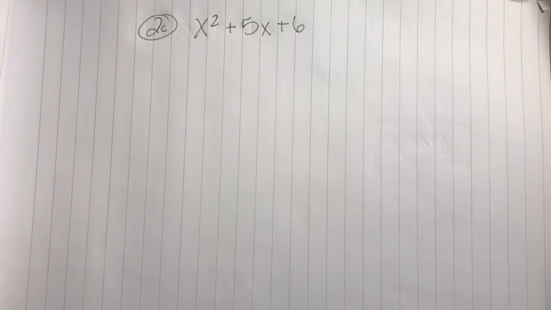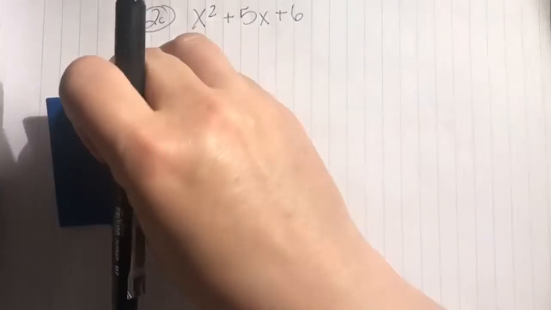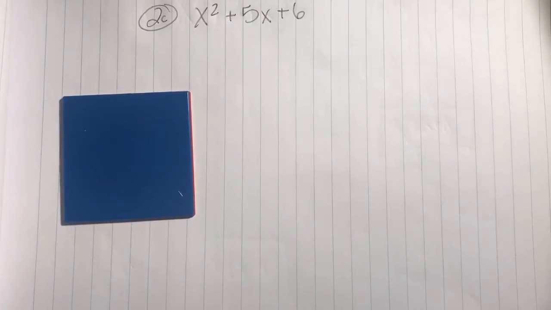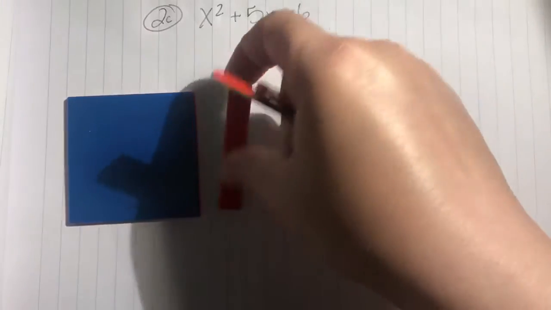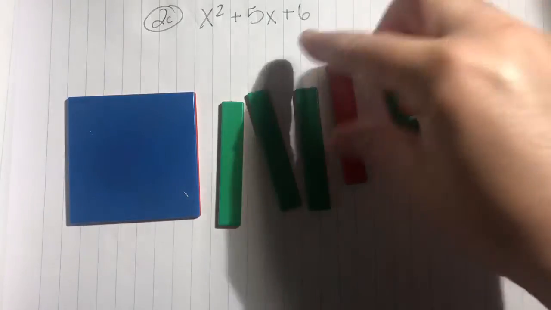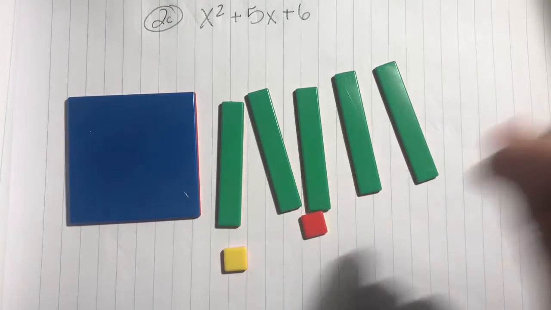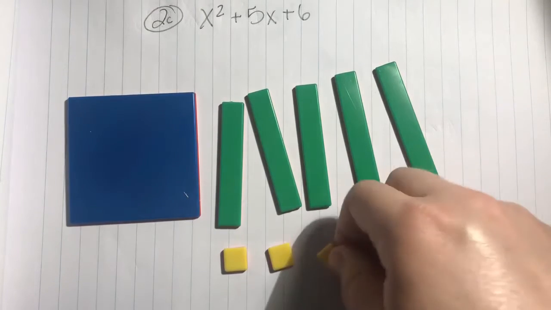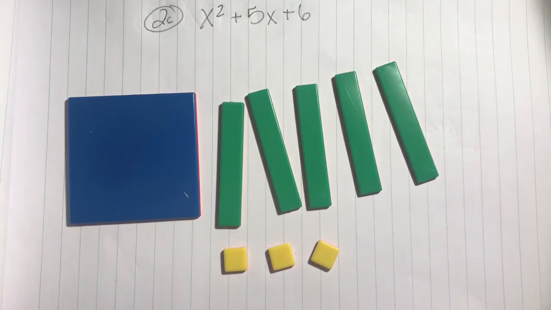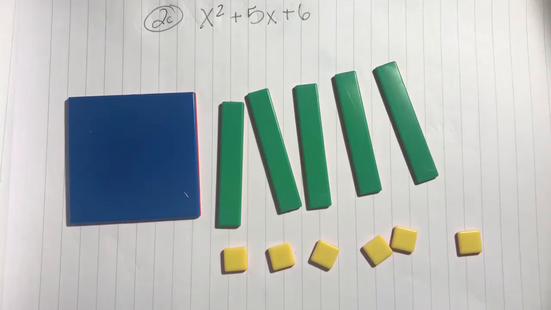All right, so here I have a trinomial. I have x squared, so that's this piece, plus 5x, 1, 2, 3, 4, 5, and plus 6, 1, 2, 3, 4, 5, 6. Now, the first thing we need to do is look for a greatest common factor, but notice